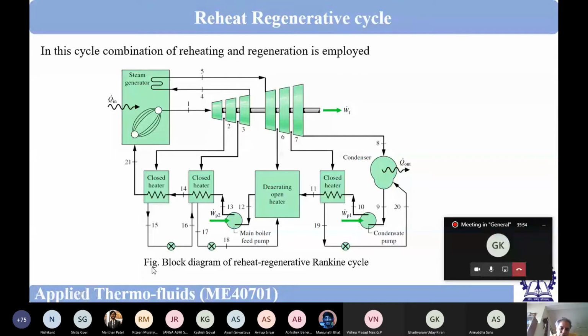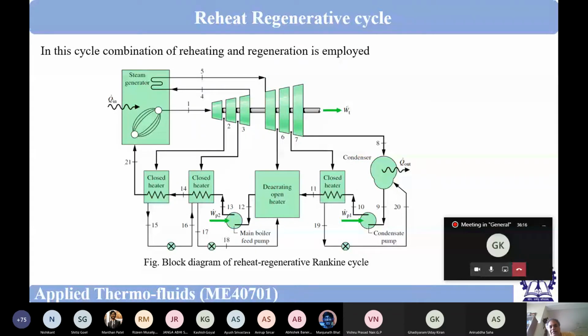So the backward direction is all right for all the feed water heaters, except the first feed water heater if it is a closed feed water heater. So the design can be changed. We can use one open feed water heater. We can use a small pump and pump the liquid in the forward direction. So those kinds of things can be done. And it is done. I am not inventing it and telling it.